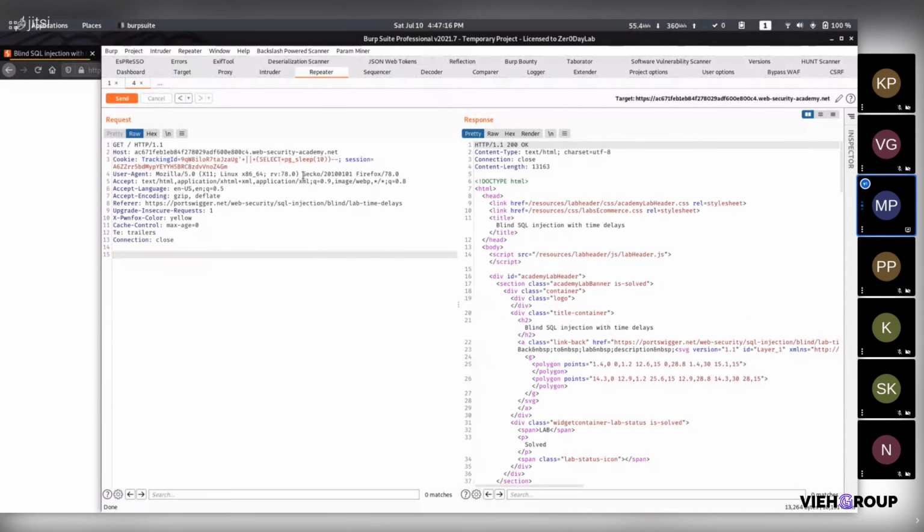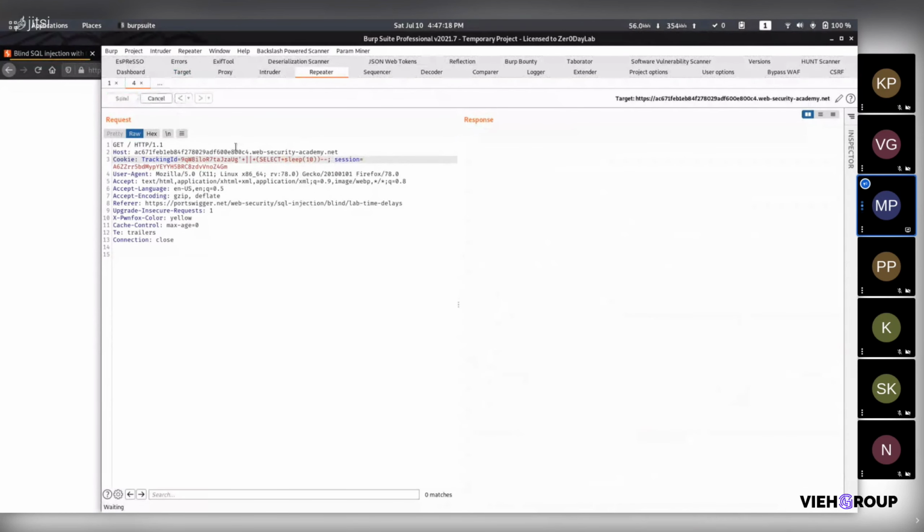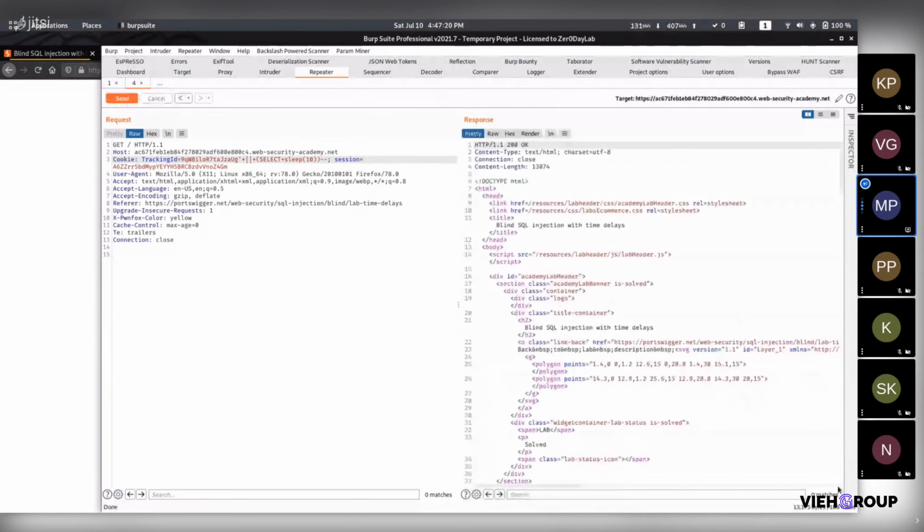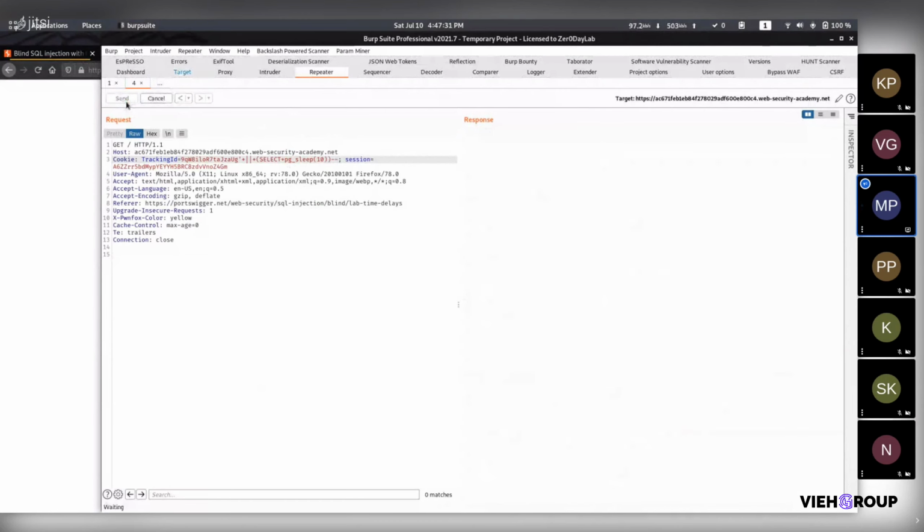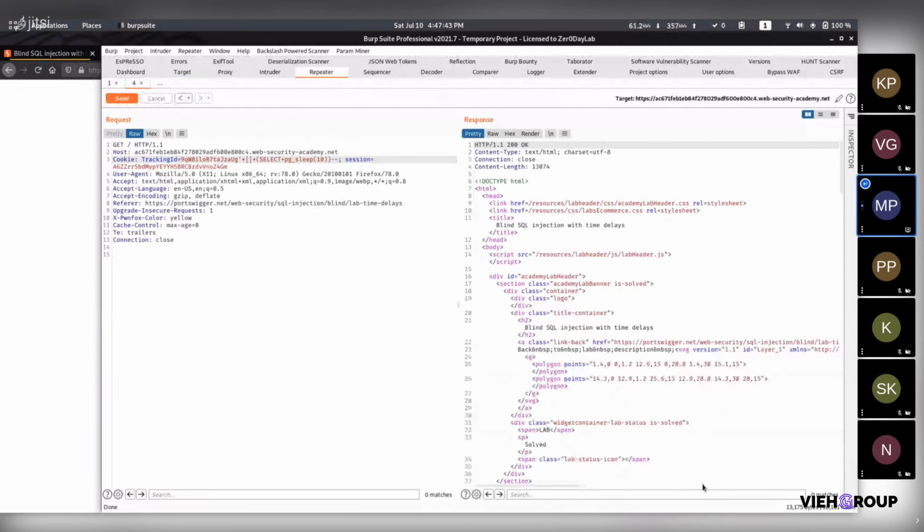We can also check this. Firstly, it was 186 milliseconds, and when we changed the payload to Postgres pg_sleep, we get a delay of 10 seconds.